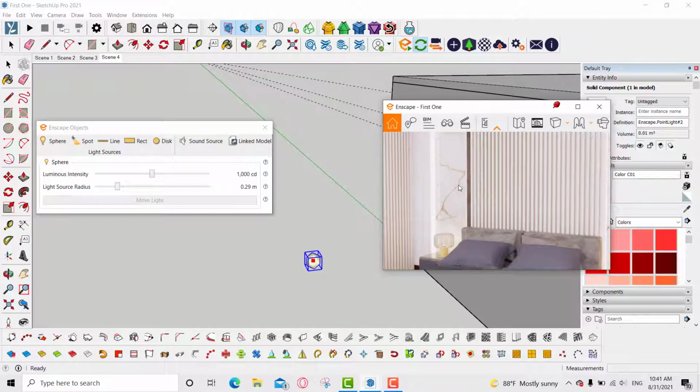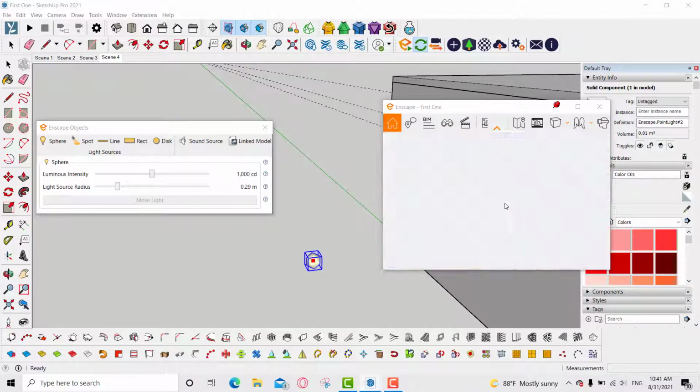If I just moved outside, you will be able to see it. It's somewhere in here. So as you see the light, because it's in here, you can see the effect of light on the wall. So anyway,